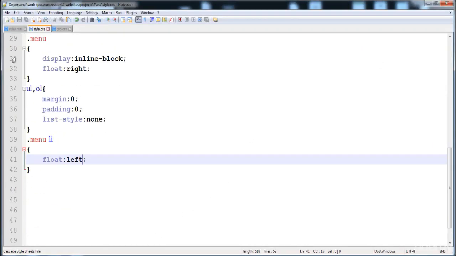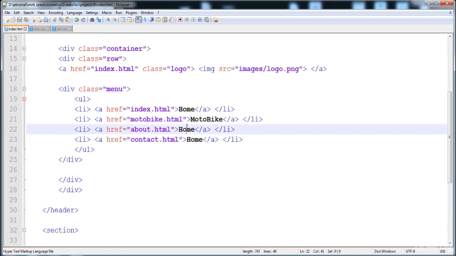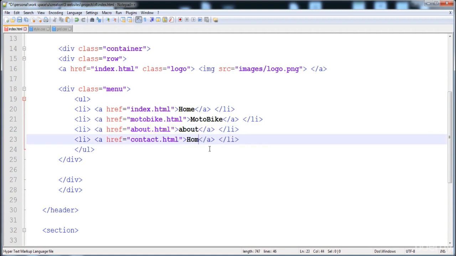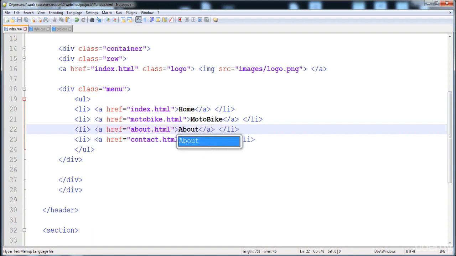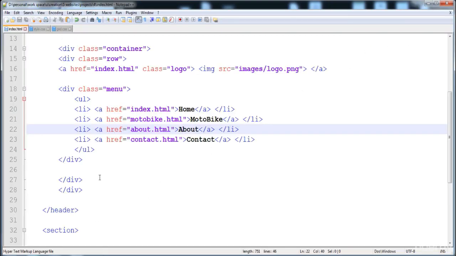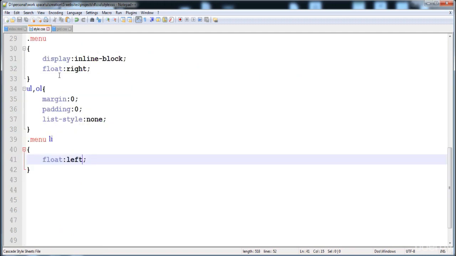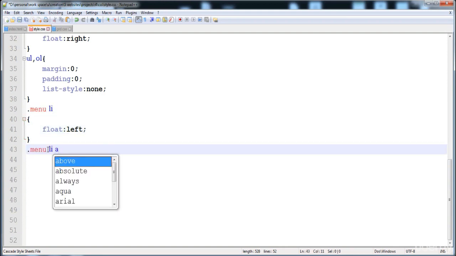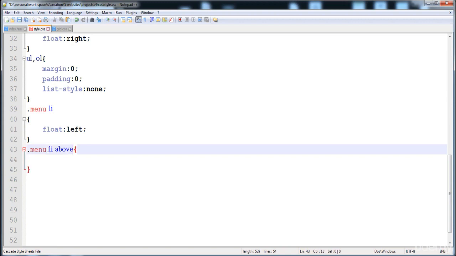And here we have to change the text in the menu. Here we have to write about, and here is the contact. And now let's execute it. So here it is, and now let's give styles to the anchor tag. Copy this, paste it. Here is the anchor tag,